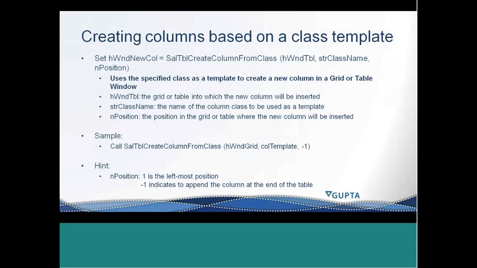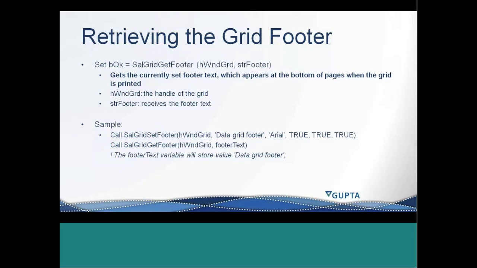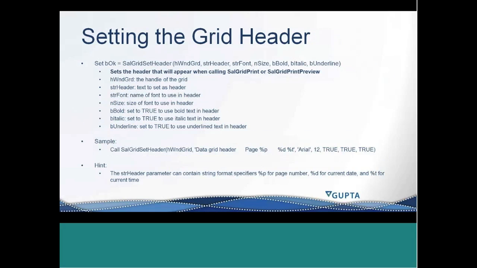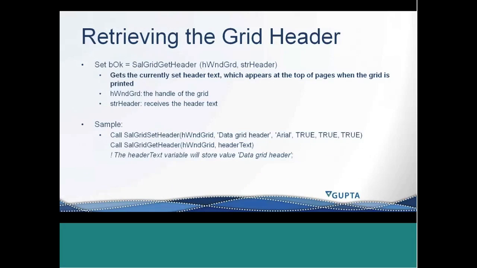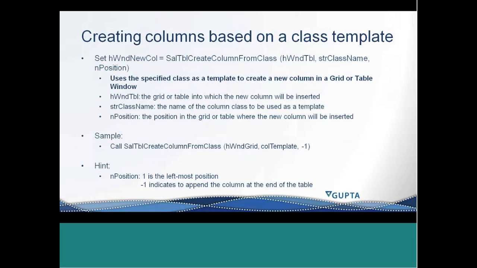And the other main functionality that I wanted to expand a little bit on was the ability to create columns based on a class template. So basically, you create a class template, and from that class template, you create programmatically a new column into a grid. Now, in 6.1, when we introduced this, are we talking about 6.1 here or 6.0? Sorry, I get a bit lost. Yes, 6.0, sorry. So in 6.0, when we introduced that function,